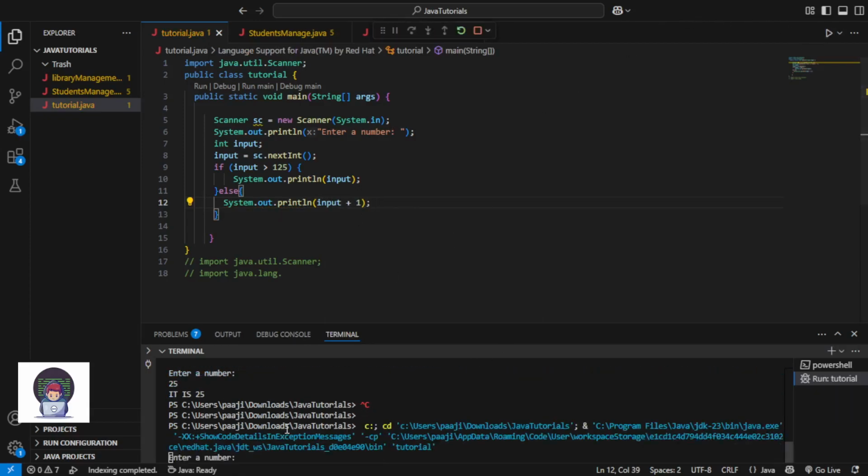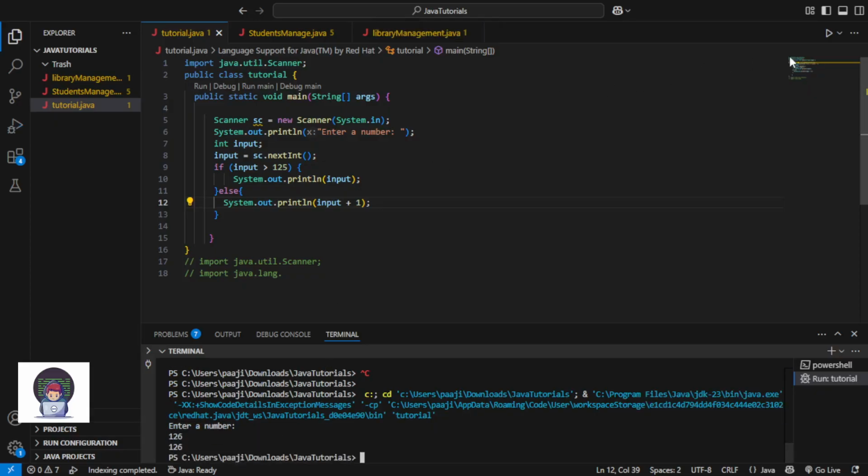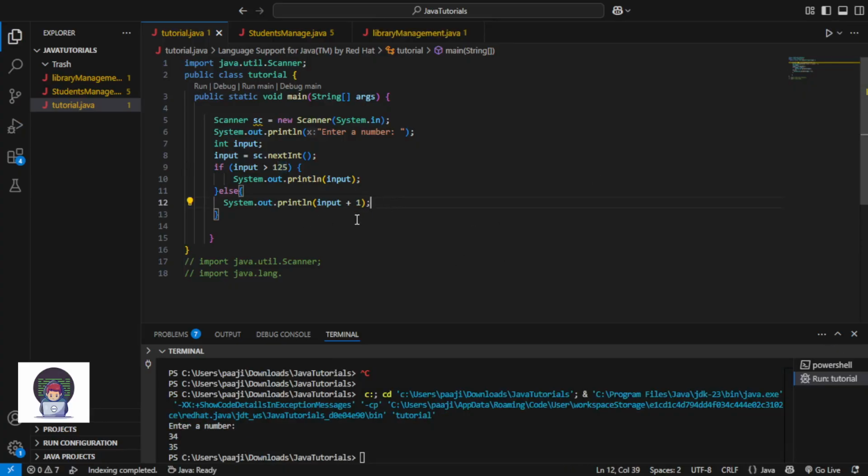So if it is bigger than 125, let's say 126, then it will print 126. Oh my god, the light went out, so the TV also started again. But if it is less than 125, then it will print input plus 1. Let's say 34, it will print 35. See, this is how we do it.